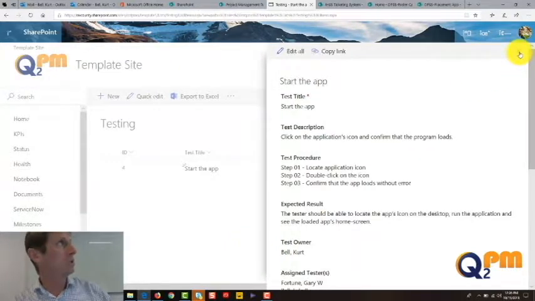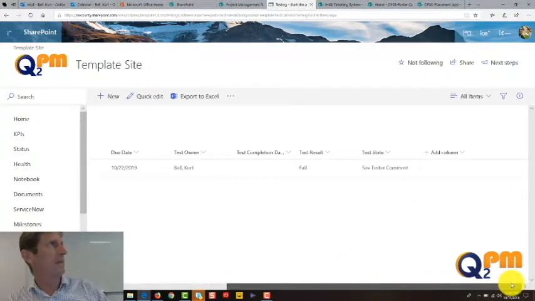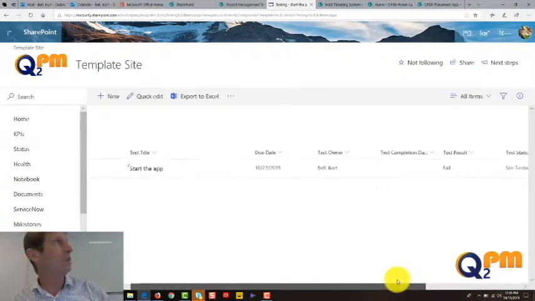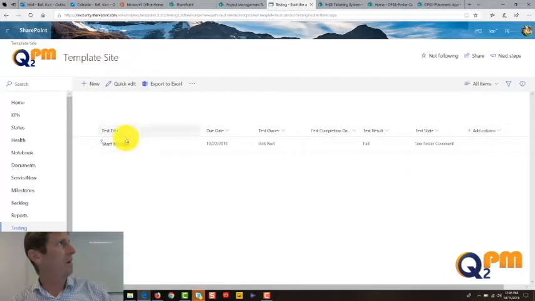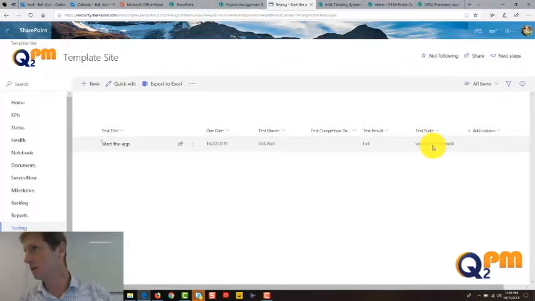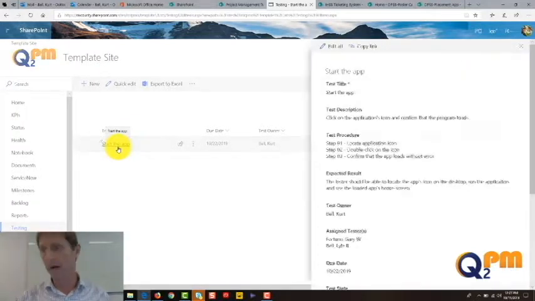Okay, now we've just saved that. Now you can see that we have the app and it's in a fail state, and see tester comment. So let's say we had 5 different tests set up. As the developer, he or she could just log into the application and refresh the page and see that we have something with a tester comment. Now let's say that she goes in and sees the comment and recognizes the problem and fixes it. Then she simply clicks on the item again,